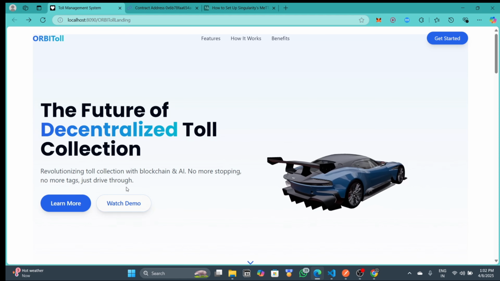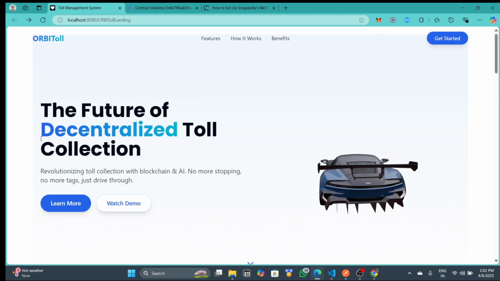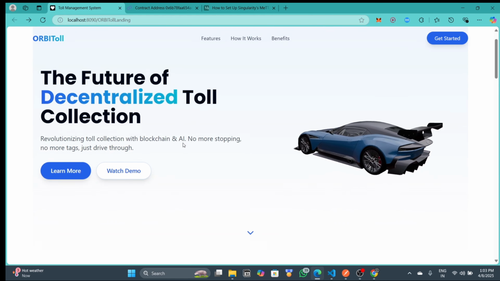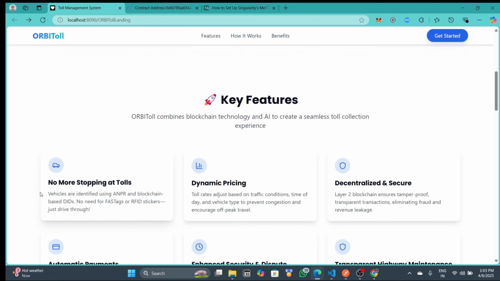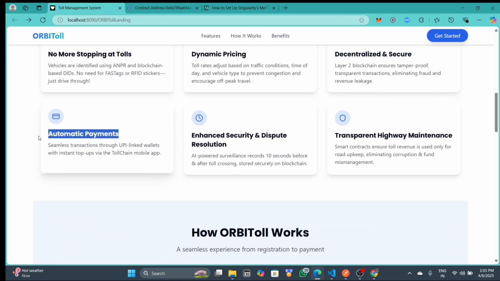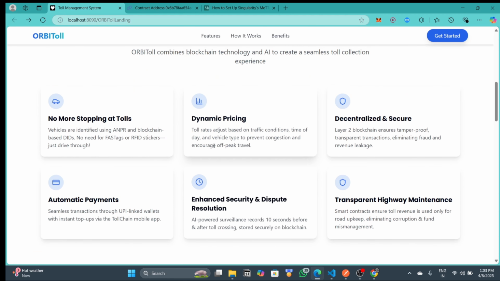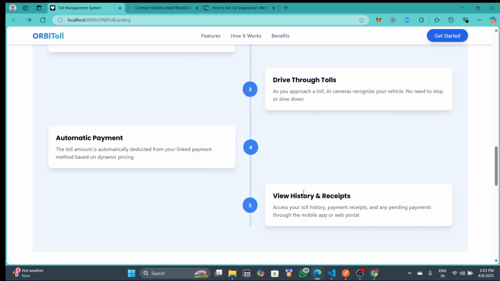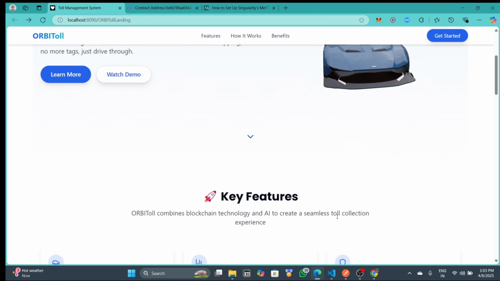So what are we making? We are making Orbital. What is it? It is a decentralized toll collection platform which provides multiple features like no cars have to stop, dynamic pricing using our smart contracts based on the weight of the truck and number of axles, and also it is decentralized, meaning it is secure, or the payments are tamper proof, and automated payments mean no intermediary, no corruption, and everything is transparent. So let me explain to you the flow of my project and how I'm using Meta in this project.